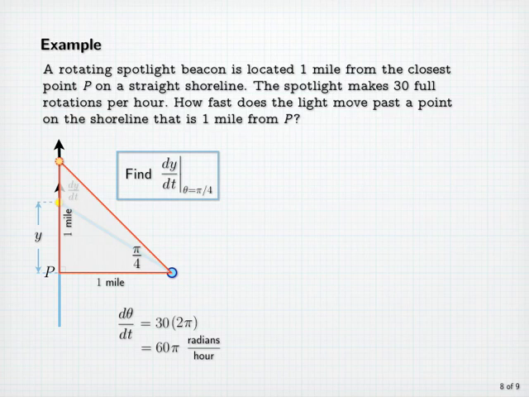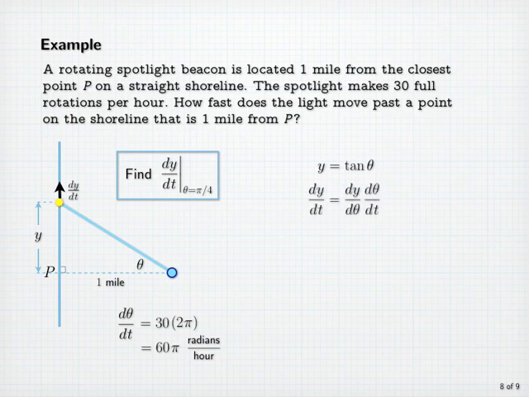Now we need to find a relationship between our variables y and theta. This is very simple because the tangent of theta is y divided by 1, so y is just tangent theta. Now we differentiate each side of that equation with respect to t. dy dt equals dy d theta times d theta dt by the chain rule, and since the derivative of the tangent function is secant squared, dy d theta is secant squared theta, and so dy dt is secant squared theta